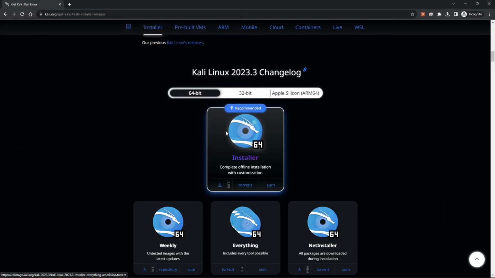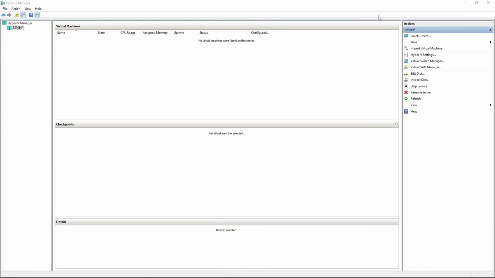I'm going to press cancel here because, like I said, I already have the image, and I'm going to get right to creating the virtual machine. If you have to pause the video to download the ISO, please do so. Otherwise, let's get started. To create a new VM, right click on the host name on the left hand side,